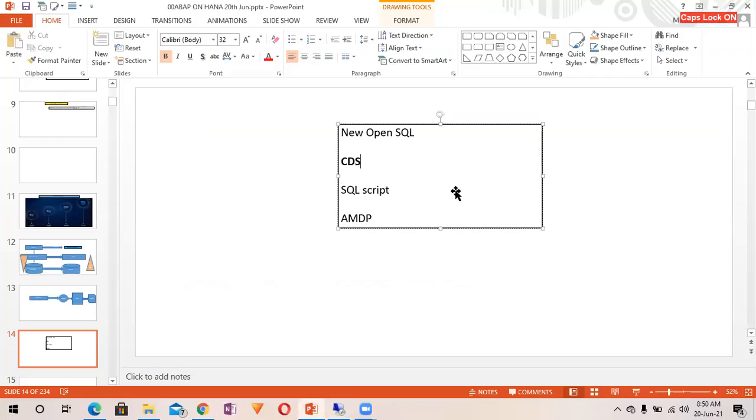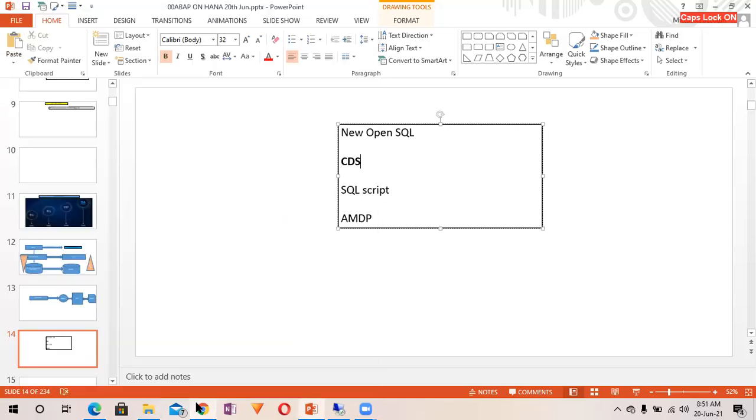And apart from that, there are so many things, but as a demo session, I would like to wrap up over here. And from tomorrow, step by step, we will be learning about the sidecar scenario. We will be learning more about HANA. We will be learning about the column store, how the column store works actually. We will be learning the difference between row store and column store. So there are so many topics.